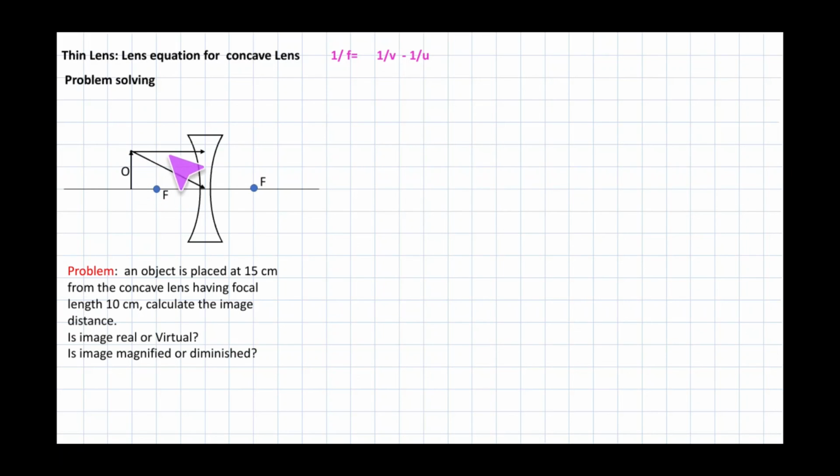When light rays reflect from the top of the object, this one is parallel to the principal axis and this one is passing through the center. So obviously when these rays are incident on the concave lens, we observe that the rays which are incident here, instead of converging, as it is a diverging lens, diverge in this direction, and the ray which is passing through the optical center goes straight.